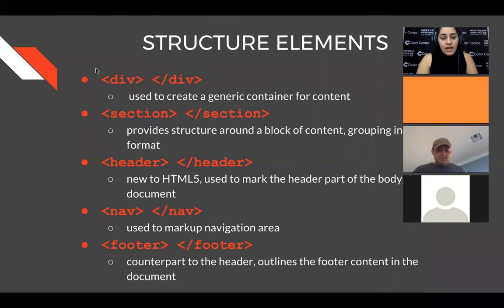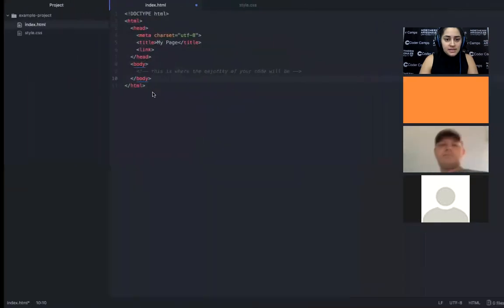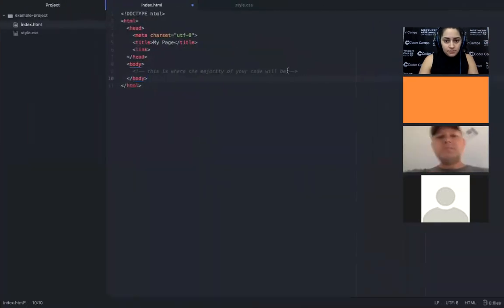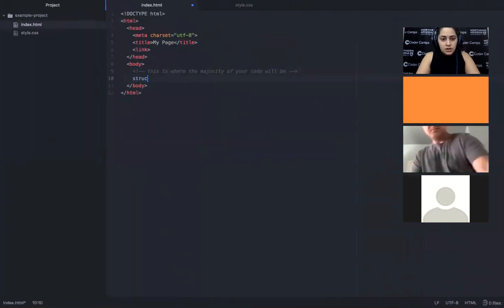With that, you then have structure elements. So structure elements are all going to go inside of the body. So I'll write a little note here: structured